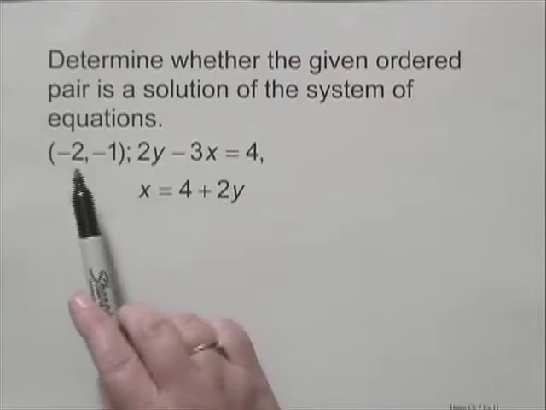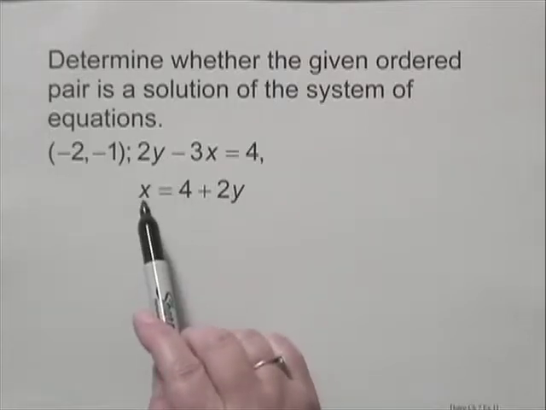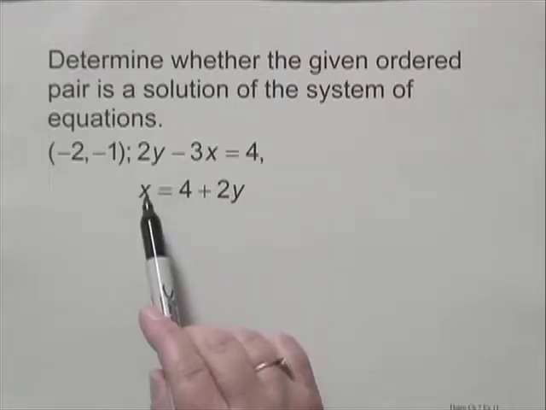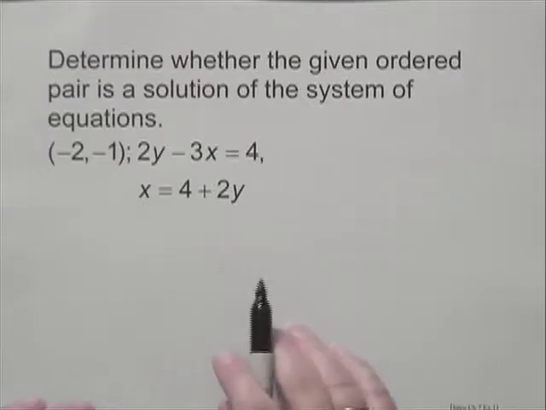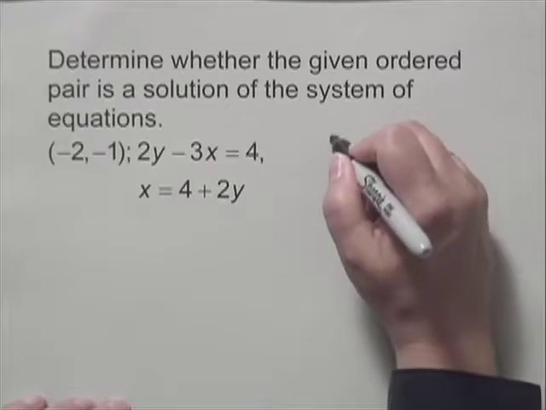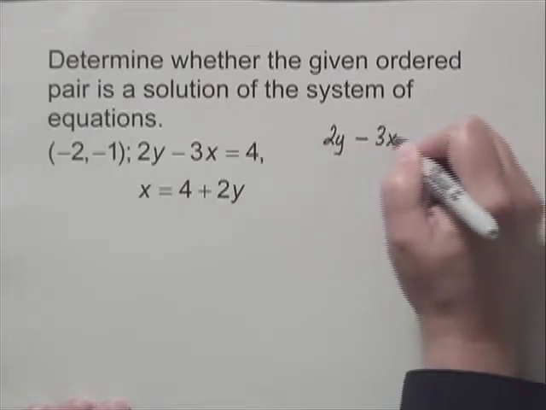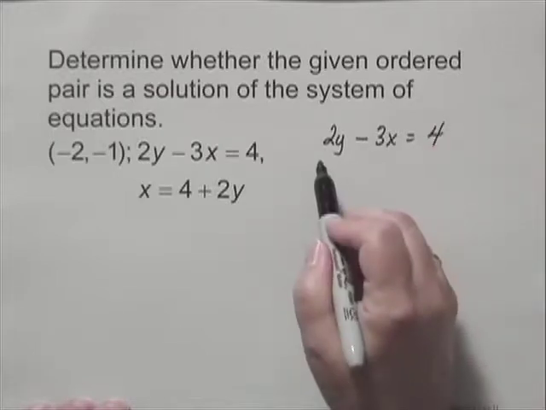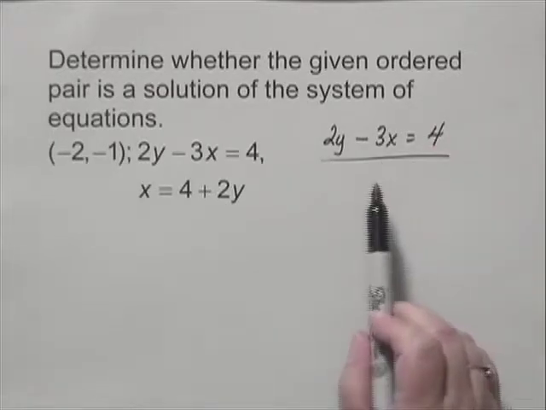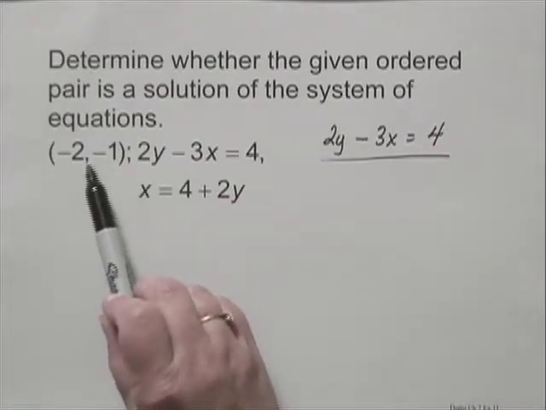To check, we substitute the ordered pair in each of the equations, and it has to make both of the equations true in order to be a solution of the system of equations. So we'll start with the first equation, 2y minus 3x equals 4, and we substitute alphabetically -2 for x and